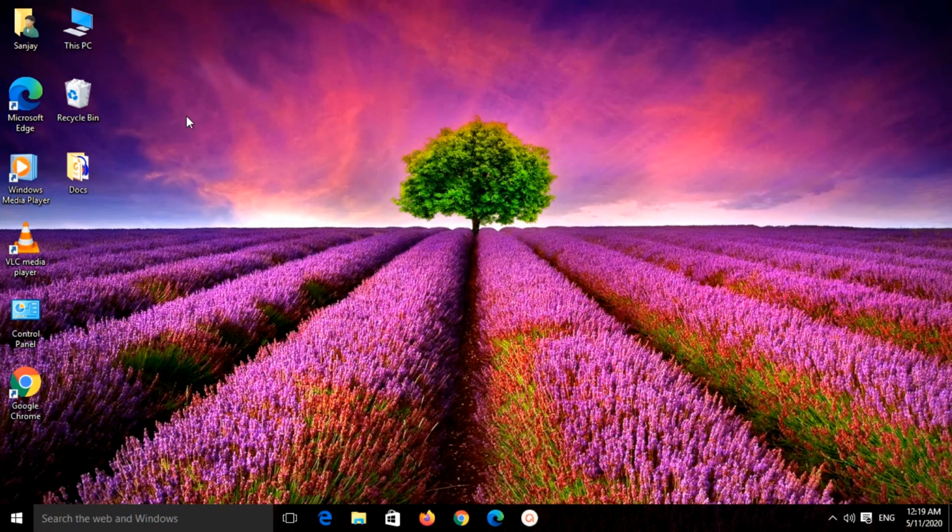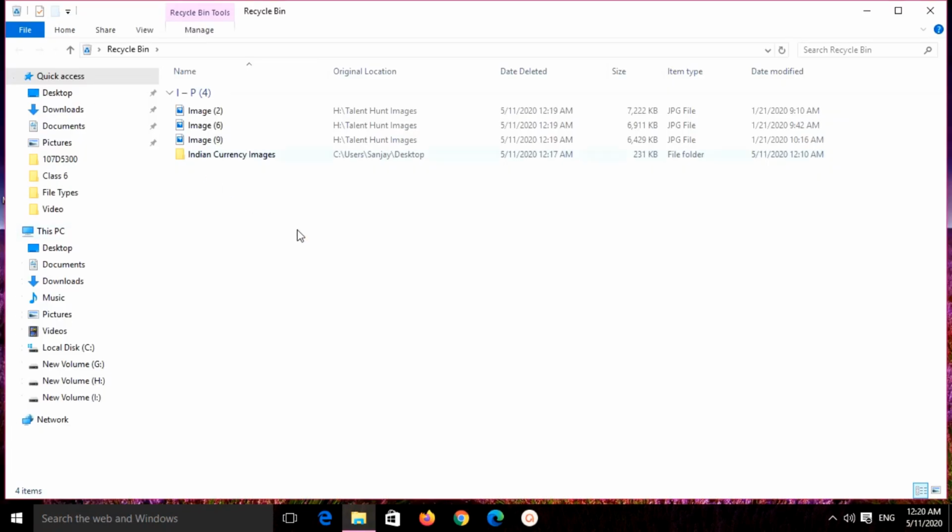Now let me go to the recycle bin. I will just double click there. Now you see whatever I deleted has come to the recycle bin of the computer. Now after deleting, suppose sometime we find that some file which I deleted was deleted by mistake, which has come to the recycle bin, I can restore that file back again to the original position.